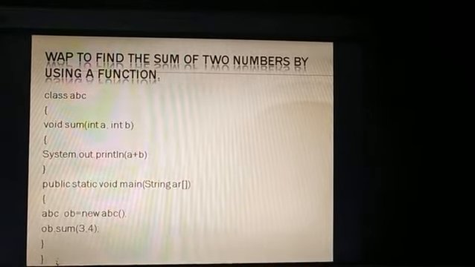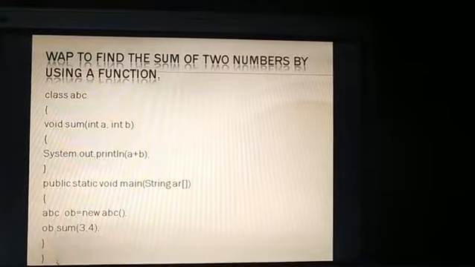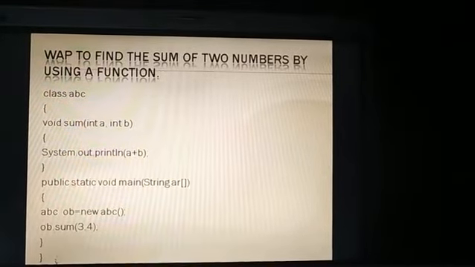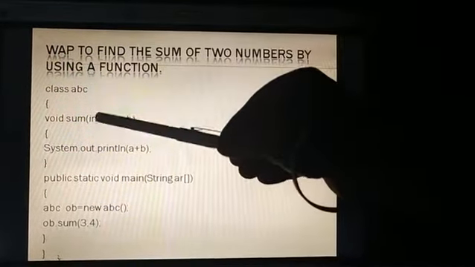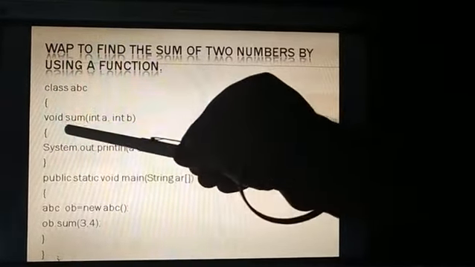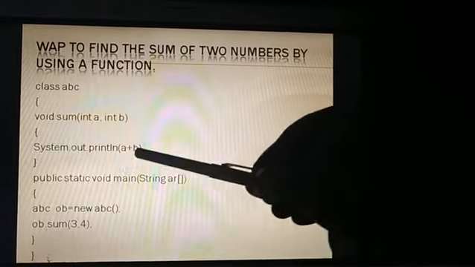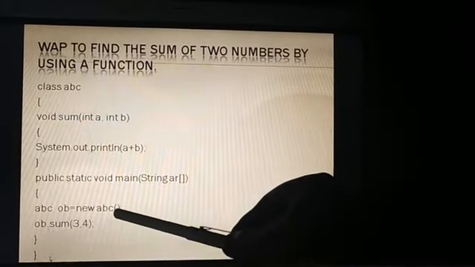The first way is the general way which you all know. Class declaration is there. Then the sum function I declared, two parameters I declared. Then I am printing a plus b, which means I am finding the sum. And in the main function we are creating an object.